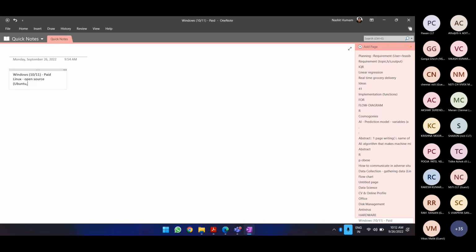Then you can have a whole lot of operating systems like Debian. You can have Fedora, you can have a lot. We are not talking about all the distributions, which would number more than hundreds. Then you can have Linux Mint. That is an operating system which, in case you are very much used to Windows, I would suggest going for, since it is again a Linux distribution, but it has a UI which is very similar to Windows. So that is Linux Mint.